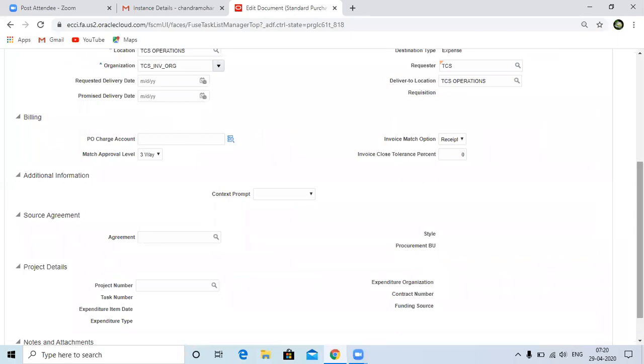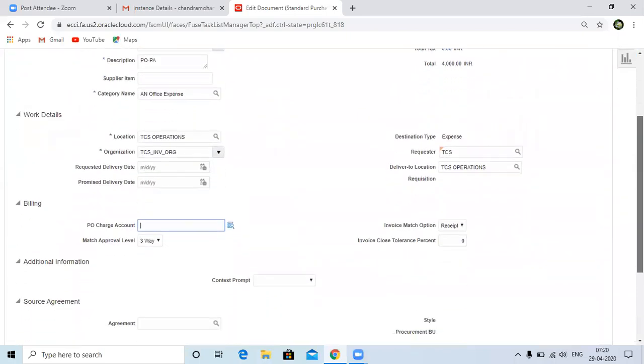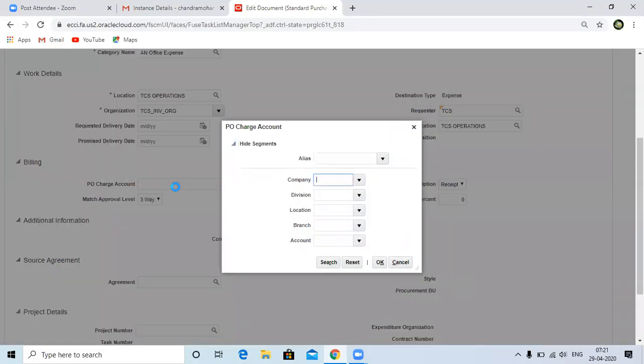Okay. So let's take the charge account here. However, your transaction account builder will override it. So even though we are giving a charge account from there, it will take all the accounts from the builder.